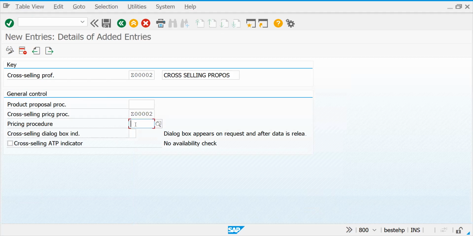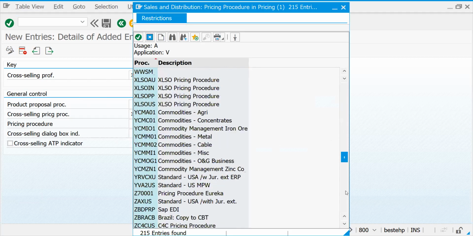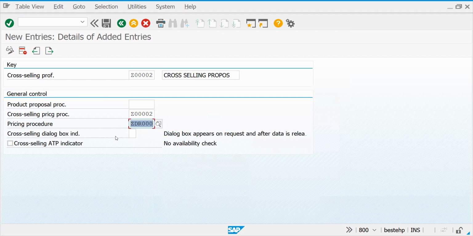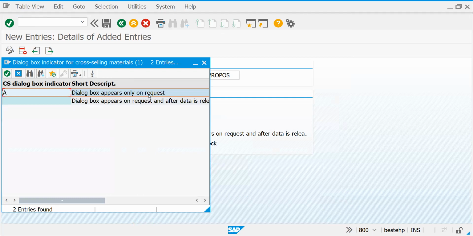What is your pricing procedure actually? So for this, how are you going to determine? Our pricing procedure is this one. You can see this. You can determine the dialog box appears on request.